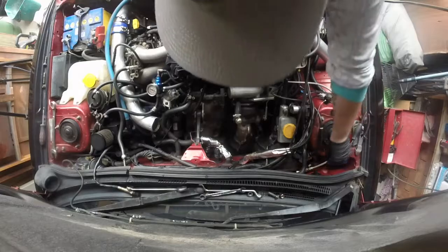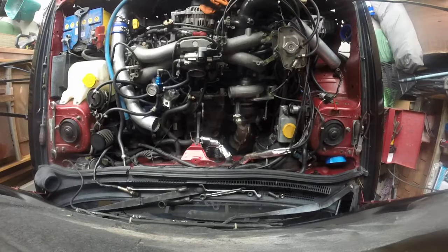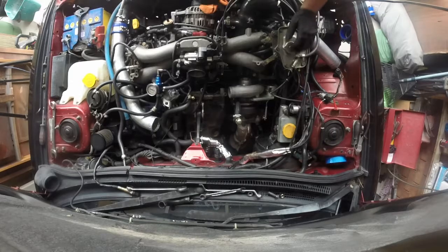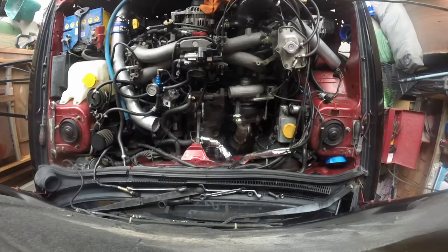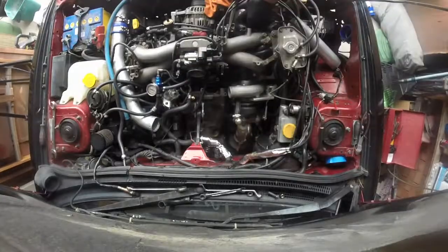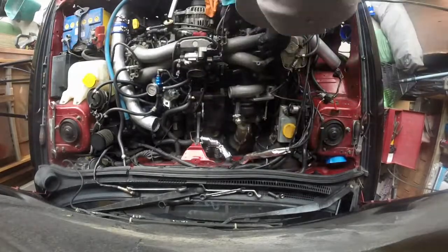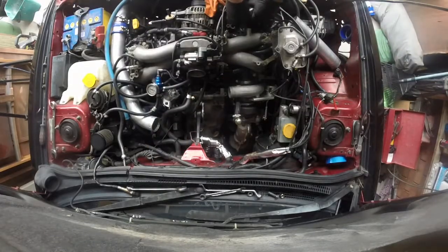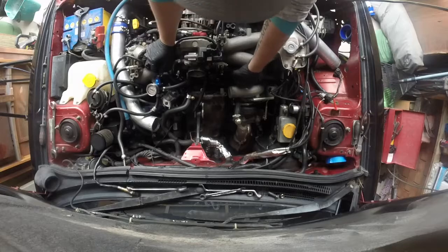Forgot to take the oil feed off. Alright, boys. The oil feed is off. Got the bolt in there. And let's keep squishing this through. Alright. Cool. So silicone's on, so that's the block breather there,